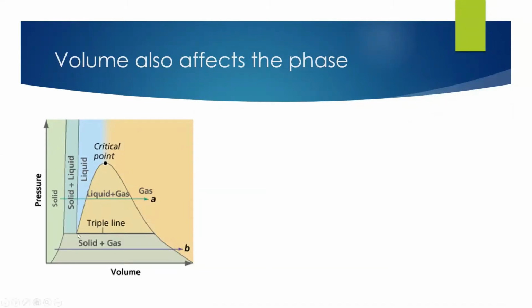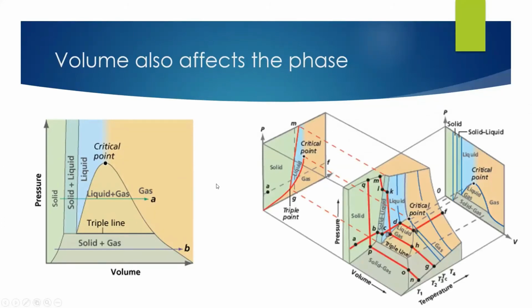So all of these points here exist where I can have solid and liquid and gas all together. Here I'll have mostly solid and liquid. Here I'll have mostly gas. And the same is true for the other normal changes. So here my curve becomes an area because I can change the volume a little bit as I convert from solid to gas or solid to liquid. I can also put this together along with a PT diagram to get a PVT diagram. And you can see here, this is a complex, 3-dimensional shape, but this really accurately represents what's happening as you